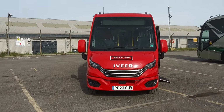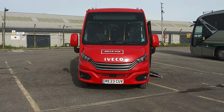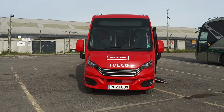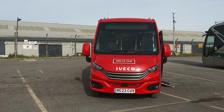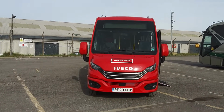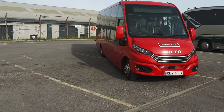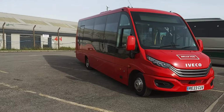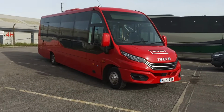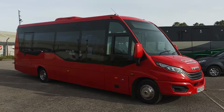Here we have a 2023 on a 23 registration Iveco Daily, Ilesbus iCity Max 31 seat, PSVR compliant single deck bus. So, it's more like a dual purpose vehicle, to be honest. But we're selling it on behalf of Bellevue Coaches. We have an identical pair, finished in this red